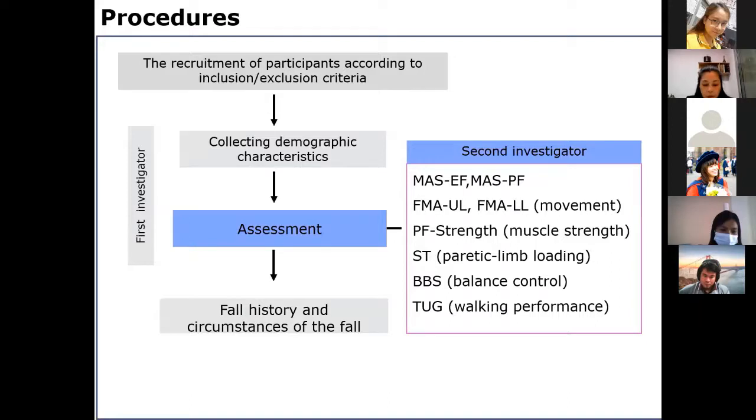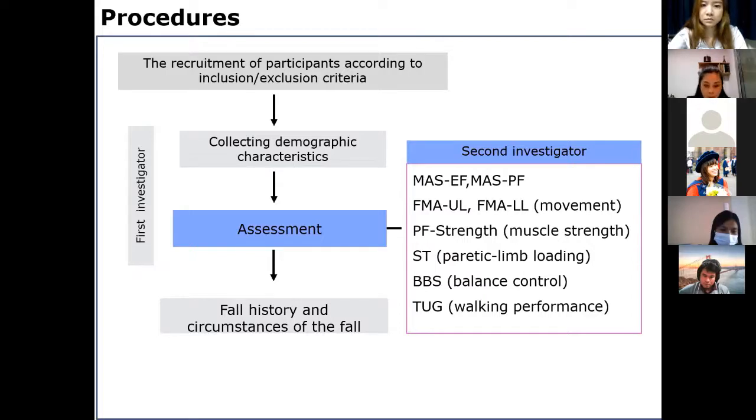After recording a participant, the assessor will collect demographic data. One assessor will use performance-based assessment, and the other will collect the fall history and circumstances of falls, which are due at the end